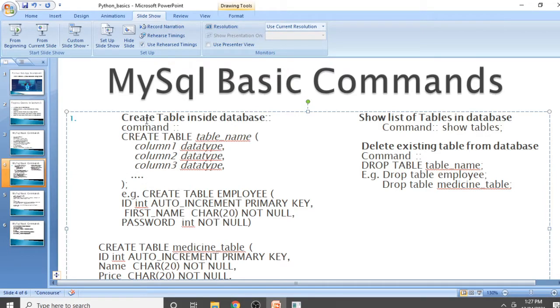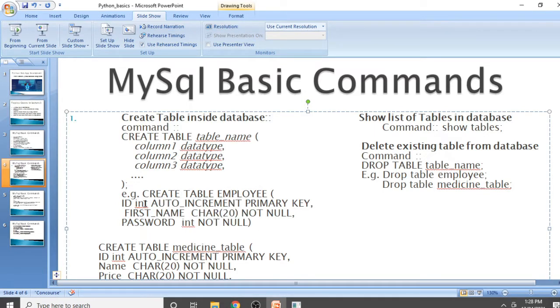So let's see how to create a table inside a database. If you want to create a table inside a database, use the command create table, the table name, then column 1 and its type, column 2 and its type. Each column has its own type. Let's compare with the C language. If you want to create a variable in C language, you need to pass the data type of that variable. So this is the variable, and this is the data type. In our project we will use an employee table. Inside the employee table we have to pass the employee name and the password.